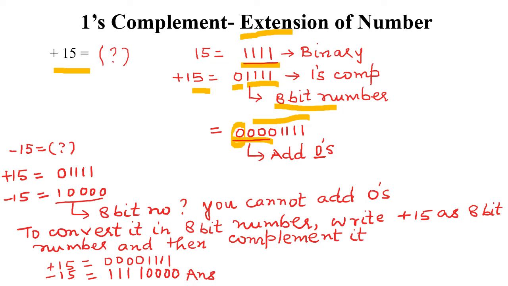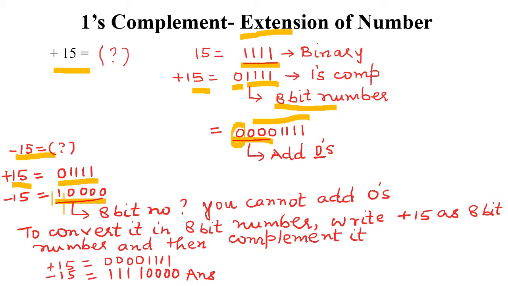पर अगर मुझे माइनस 15 को वंस कॉम्प्लीमेंट में लिखना है एज अ 8 बिट नंबर, तब मैं कैसे कन्वर्ट करूँगी? पहले अगर प्लस 15 को मैंने एज अ 5 बिट नंबर रिप्रेजेंट किया है, तो माइनस 15 इज सिंपली कॉम्प्लीमेंट ऑफ ईच बिट, विच इज इक्वल टू 1 and 4 zeros. नाउ टू कन्वर्ट इट इनटू अ 8 बिट नंबर, मैं ना तो इसके बिगनिंग में 0 ऐड कर सकती हूँ, ना 1 के बाद 0 ऐड कर सकती हूँ। बिगनिंग में अगर 0 ऐड किया तो इट विल मेक इट अ पॉजिटिव नंबर। 1 के बाद 0 ऐड किया तो कॉम्प्लीमेंट होके उसकी वैल्यू कुछ और हो जाएगी।